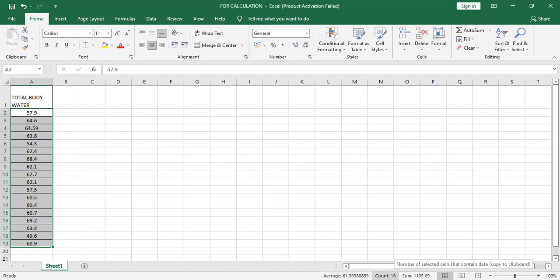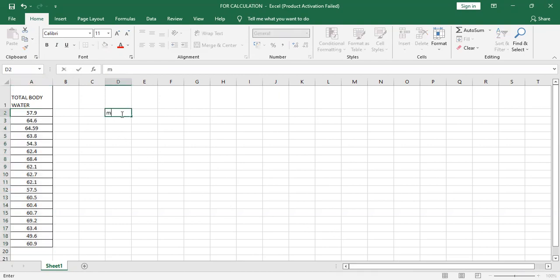Even you can check the sum of the data. If we add all the data, we will get 1105.09. So this is one way to calculate mean. Another way to calculate mean of this data,